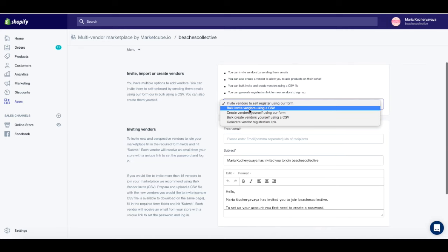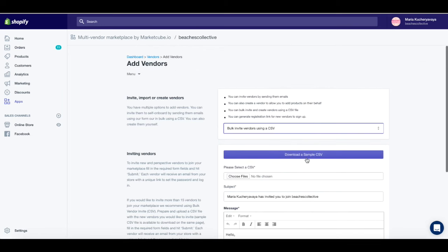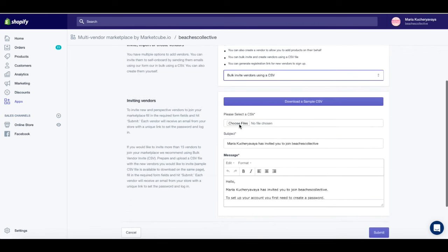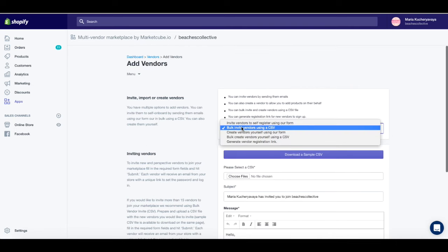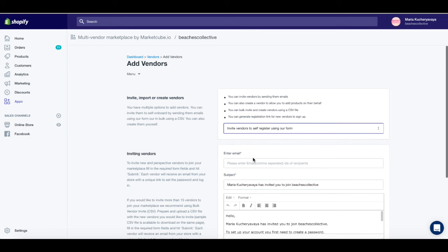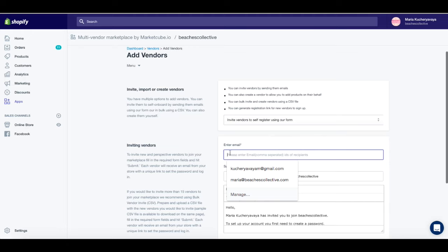So there's also bulk options available. You can see you can do bulk create vendors or bulk invite vendors. For both of these options, make sure you download a sample CSV first, and make sure that the file that you want to upload matches the format of a sample CSV. And then once you're ready, you would go here, choose a file, and submit it. Again, for the purpose of this tutorial, I'm just going to be inviting vendors to self-register using a form. The reason I'm doing it is because I want to show you the full process of how the invitation would work. So let me just do this, and with that,